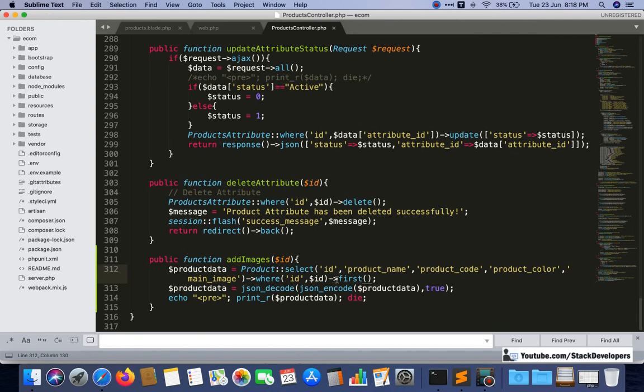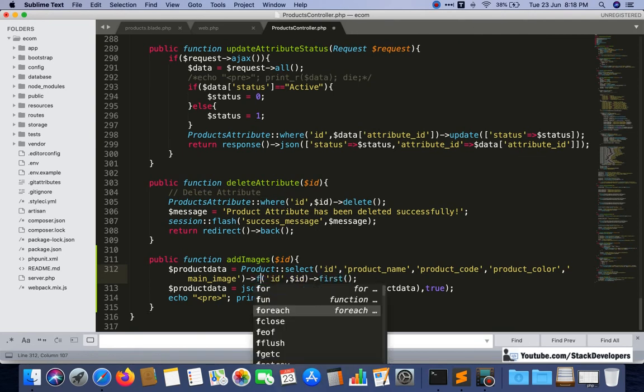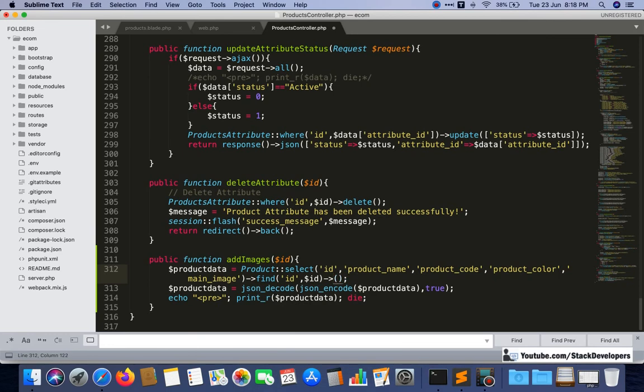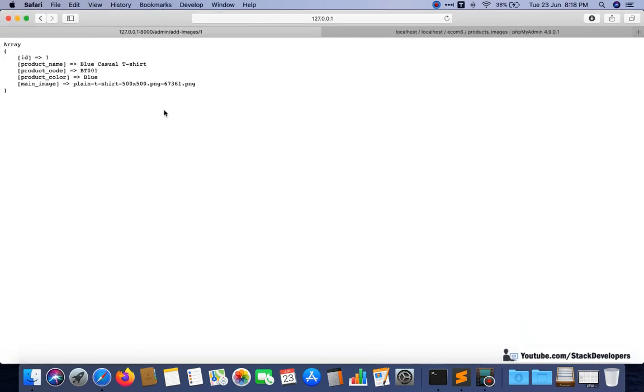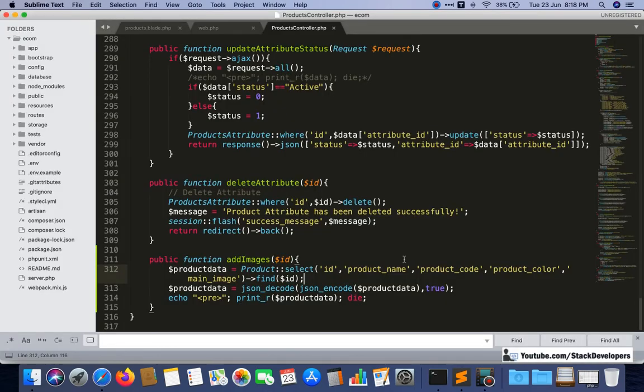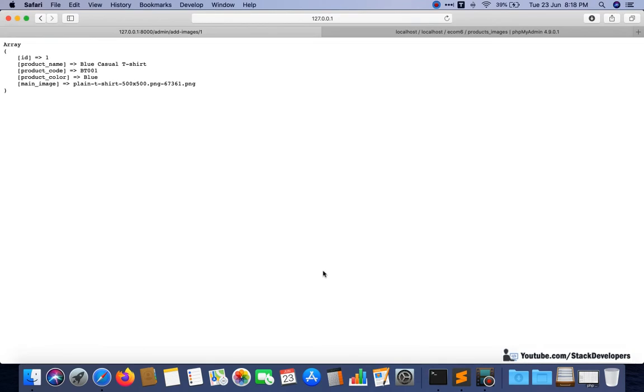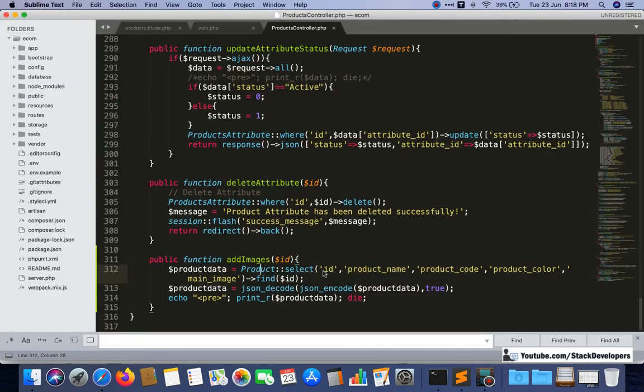So you can check here, data is coming up, but you can do one small thing. Instead of all this, you can simply fetch like this also. It will match with the id itself, and the response is the same. So you can also do like this. All the required columns we are now getting. Now it is fine up till now, but we also require to send the images data along with this one. The images that we have added so far belong to this product. We want to fetch that in advance in our add images.